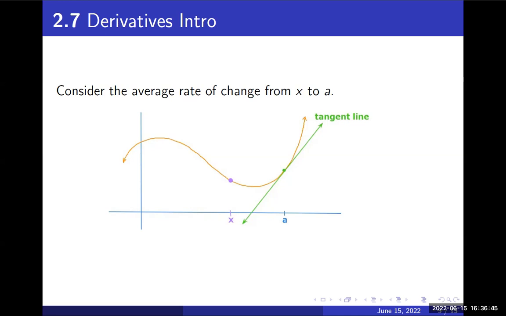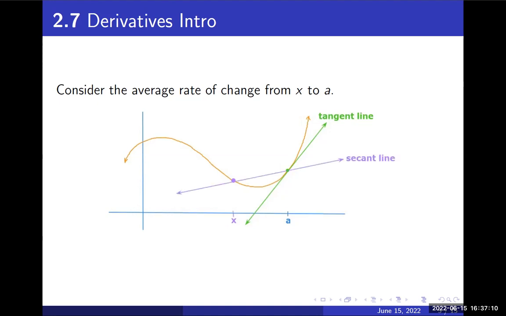Okay, check this out. Consider the average rate of change from another point, let's call it x. So we'll say we've got our x value, x, it's got its point, and our same point at a. What would be the average rate of change? It turns out the average rate of change is the slope between those 2 points. We can draw that line, and if we wanted a name for that line, it turns out it's called